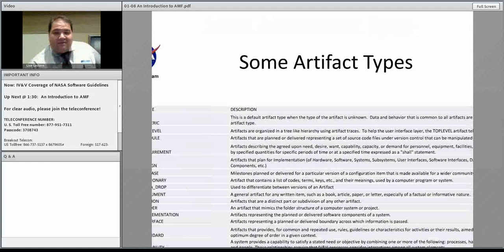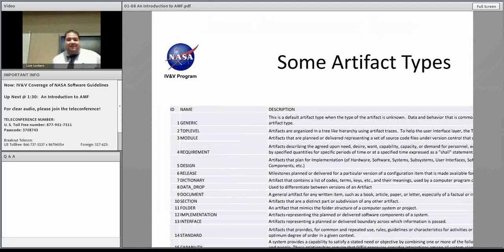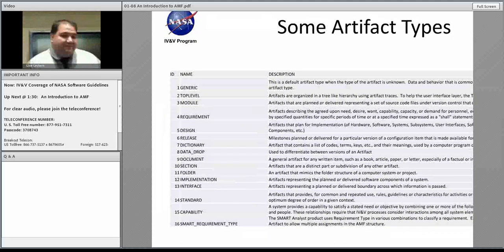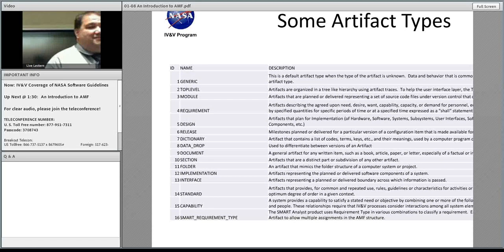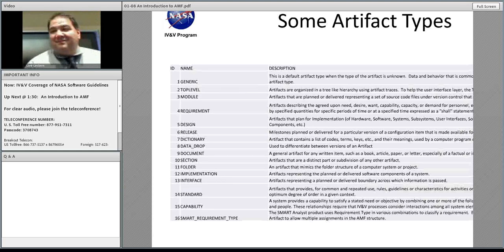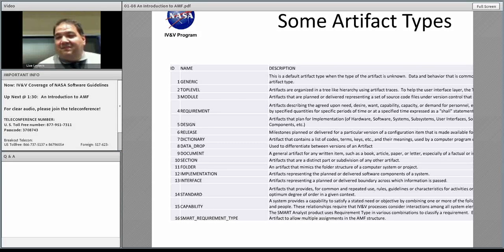Okay, thank you. Yeah, this isn't an exhaustive list, and you don't have to have this list. Each project can define their own list of artifacts that they're going to be dealing with. These are predefined, so it makes sense for projects when they're getting set up to look at them and consider reusing them or modifying what's out there. But if you don't find something that meets your need, you can certainly develop your own artifacts and add them